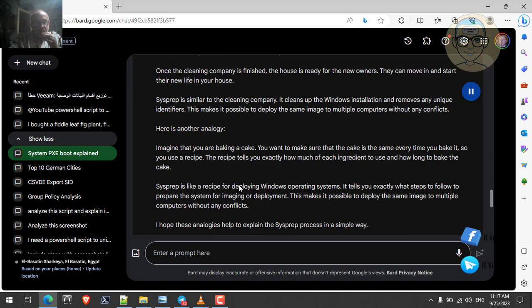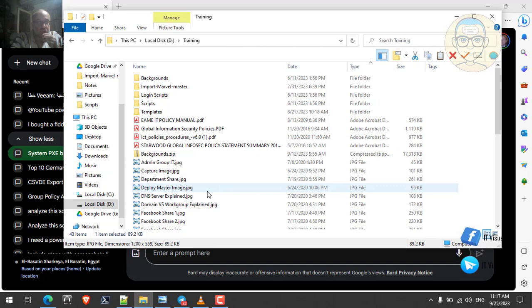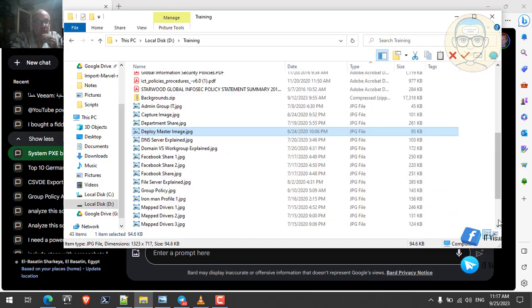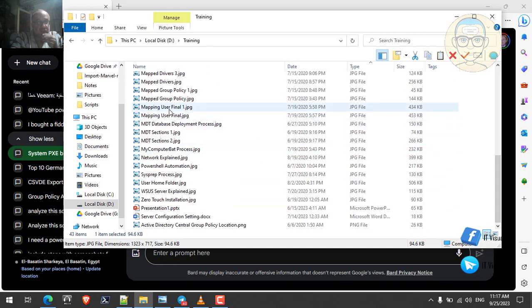I hope these analogies help to explain the SysPrep process in a simple way. So here you can see this analogy is perfect to explain what SysPrep is. Another thing to make SysPrep simpler to understand, let me show you a little bit of a graph about SysPrep,